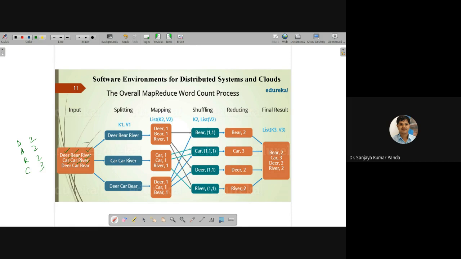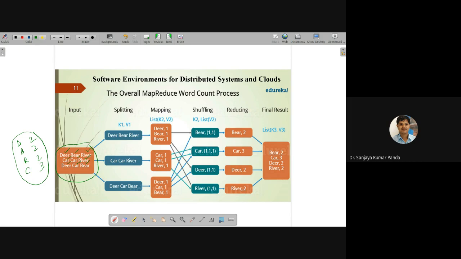So if an input file is given like this, you have to produce an output like this by the process of MapReduce. This example may be a simple one, but whenever you go for MapReduce, actually writing the code, you will see you have to deal with very large files, not small files. So what I can do here,